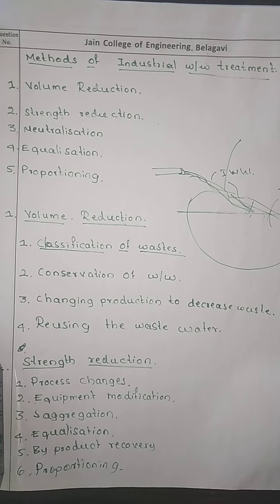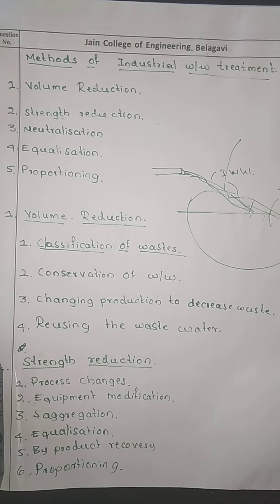When there is less volume of water to be treated, the load is going to be reduced in the treatment process. Conservation of water is nothing but the water being saved. In the conservation of water, we need to transfer from the open to the closed system. This is how, if we give less quantity of wastewater to the receiving water body, the load on the treatment plant is going to be reduced.